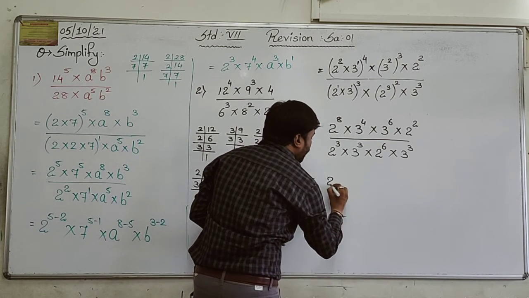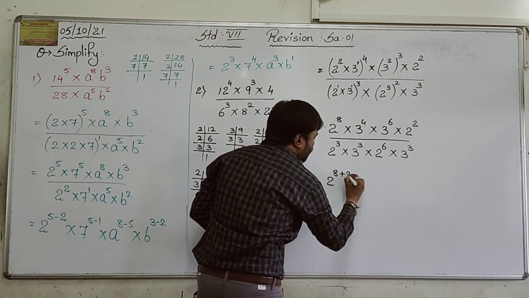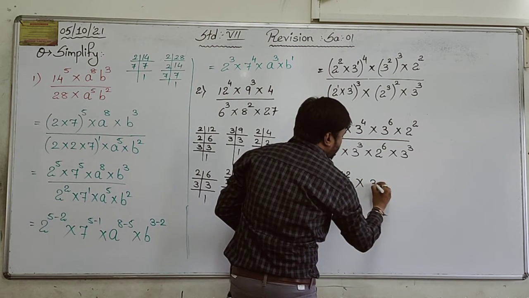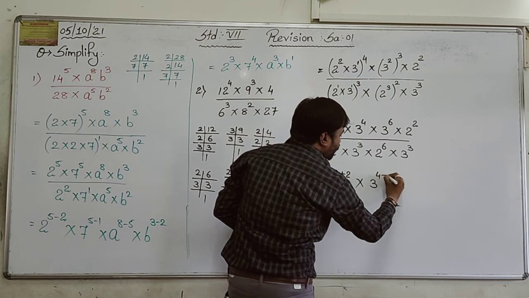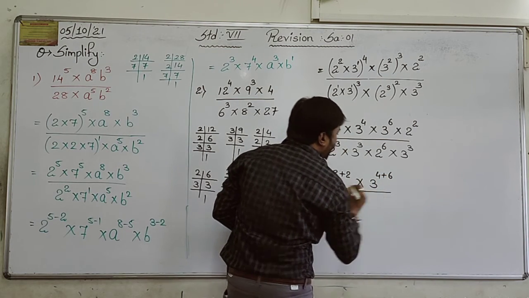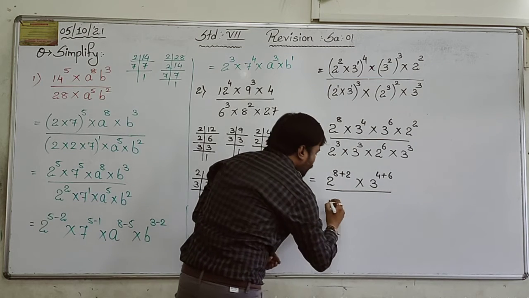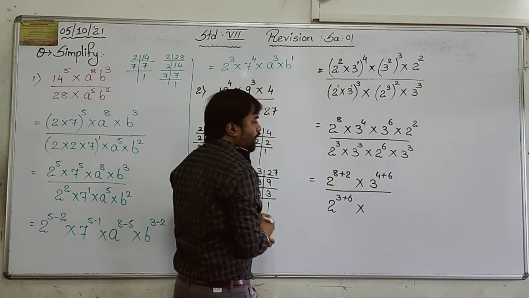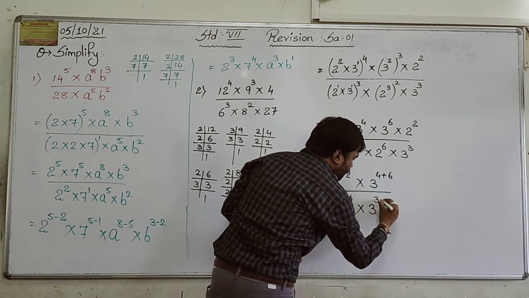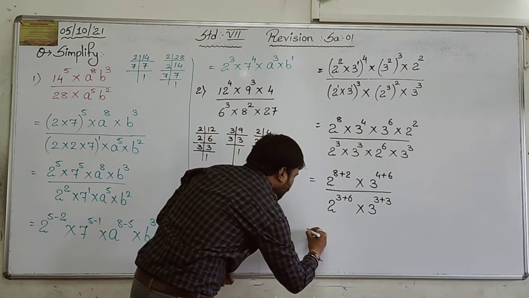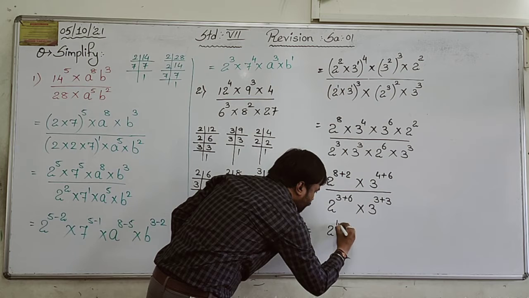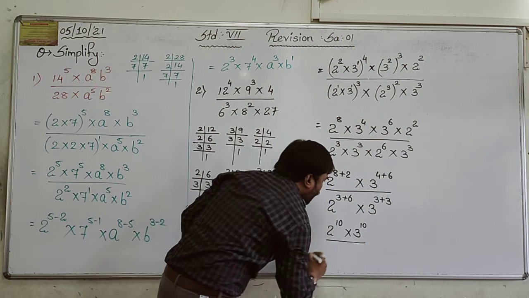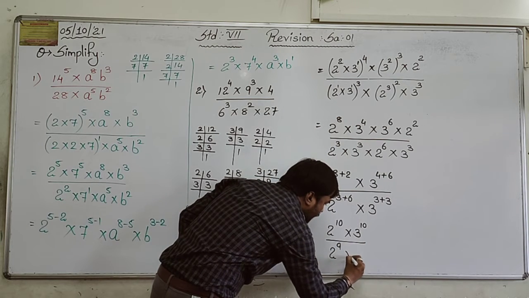So 2 raised to 8 plus 2 in numerator multiplied by 3 raised to 4 plus 6 upon 2 raised to 3 plus 6 multiplied by 3 raised to 3 plus 3. So that is equal to 2 raised to 10 multiplied by 3 raised to 10 upon 2 raised to 9 multiplied